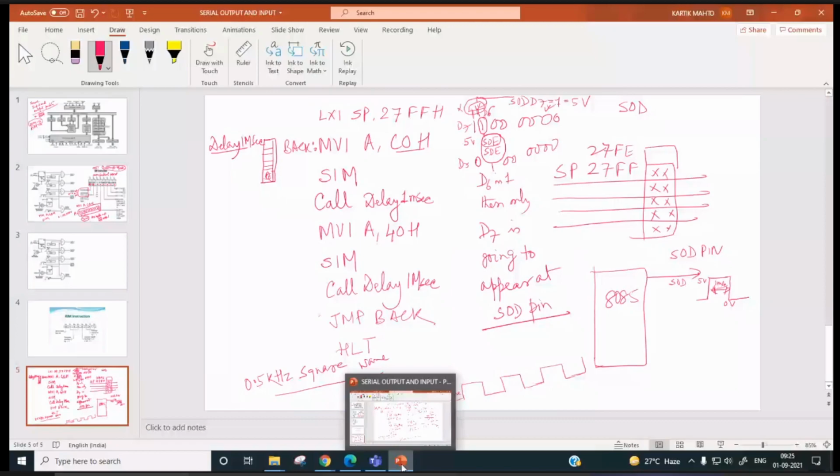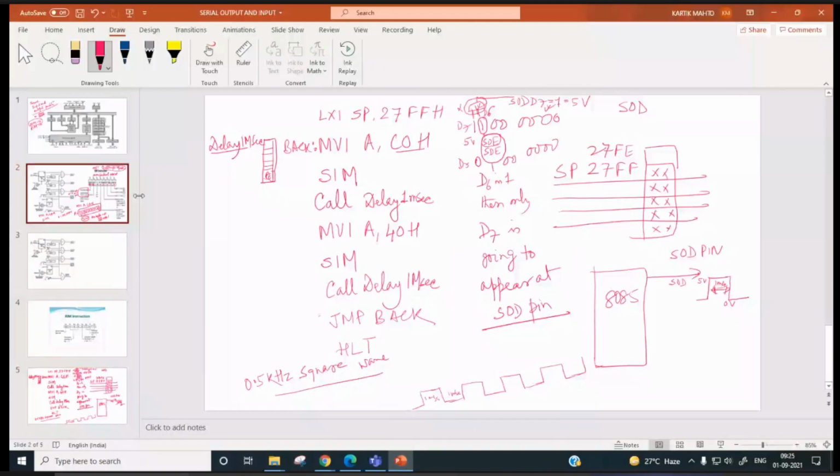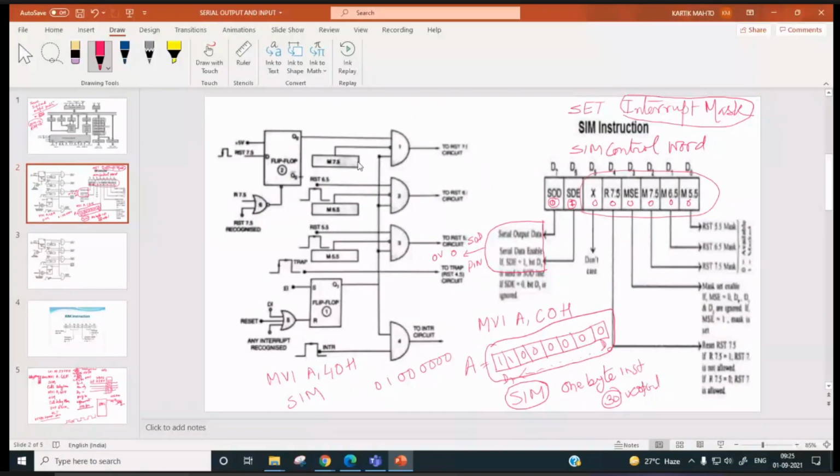Right? Because in that case, suppose we are working for the interrupt mask, for this area. For the interrupt mask only, that accumulator content we have to paste over here in order to activate these bits. Is it not?